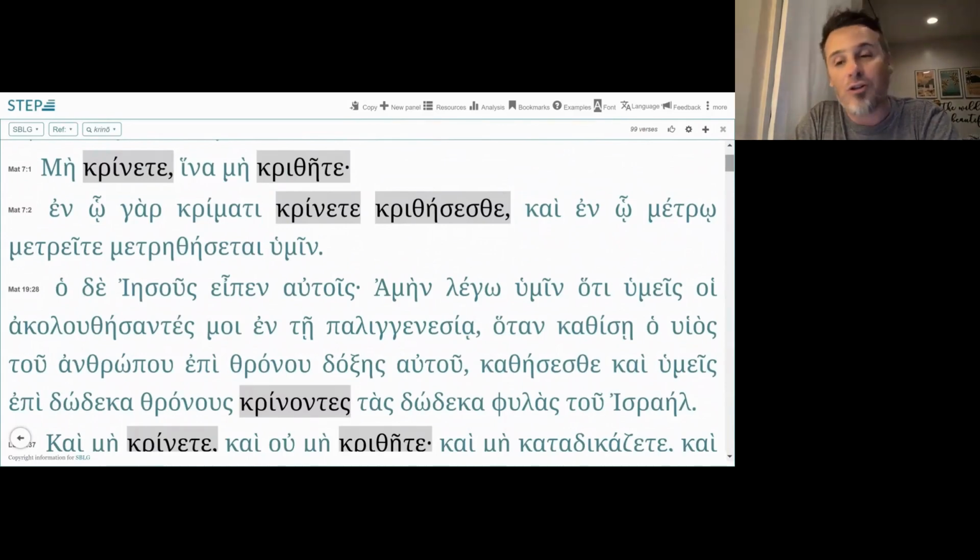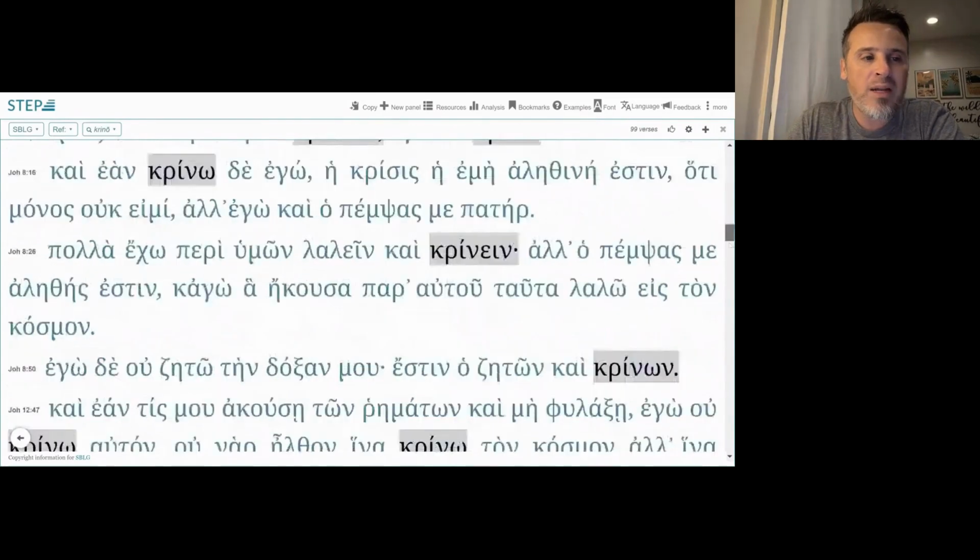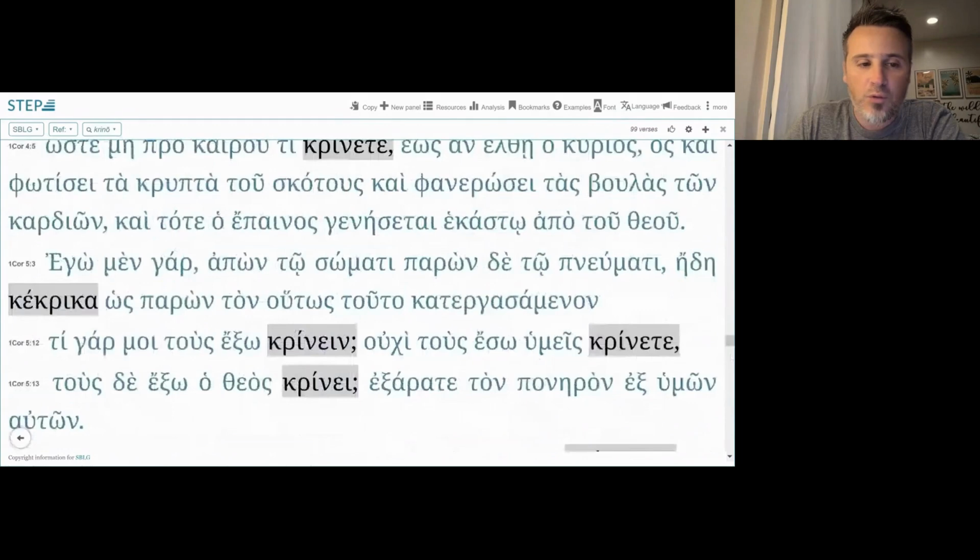That is something we are told to do, and we see this root kri popping up all over the place in the New Testament. Like we saw, hundreds of times. So I would encourage you to get a hold of this root.